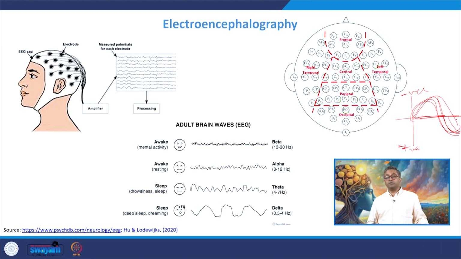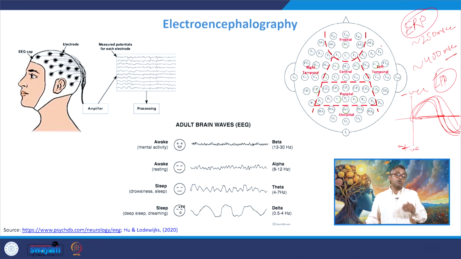Now some responses get generated within approximately 200 to 250 milliseconds, or some responses are generated in 400 milliseconds. But there are some electrical potentials which are generated beyond 1 minute, that is the late positive potential. Now ERP is a very common process, but it is a very good and precise tool which gives memory researchers an insight into at what time point the information is being processed.